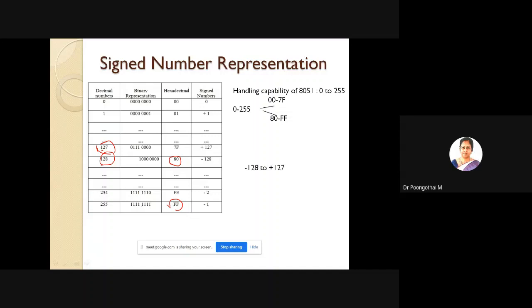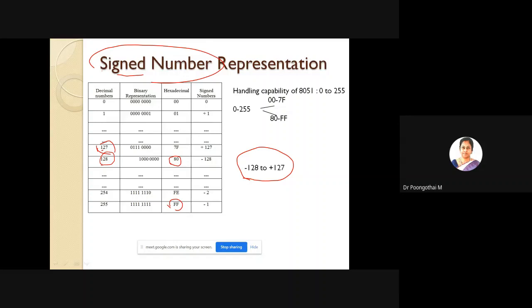Remember, in signed number operation, the number can range from minus 128 to plus 127. Any number outside this range cannot be represented by this 8-bit signed number representation in your 8051